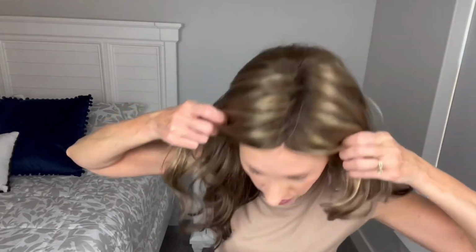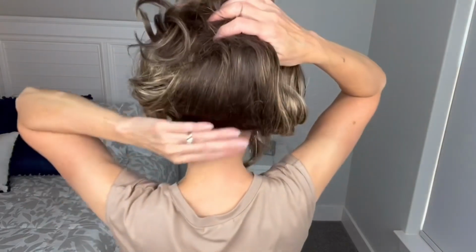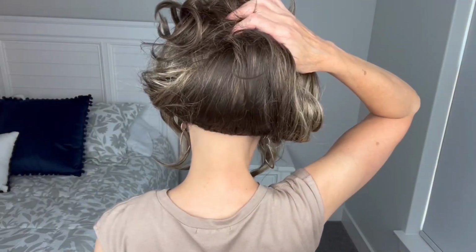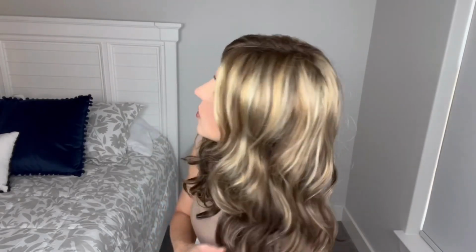Then here's your rooting. You're going to see your rooting, of course, anywhere you separate the hair. You're going to see it when you put the hair up. So that's what I'm talking about, you'll see it on the underside. And the way the hair lays when I have it pulled forward, that's why you're seeing so much of that brunette. But if we show it more from the side, you can see where that highlighting goes down further